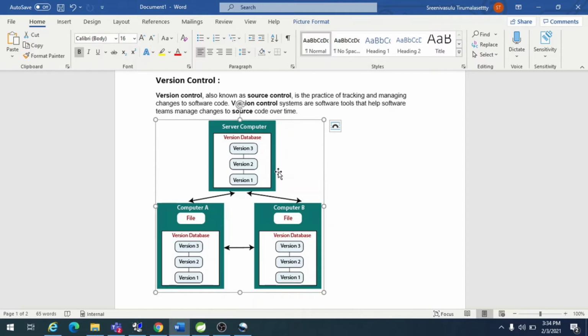Otherwise you would have to take a backup of every version of the code with a timestamp, which is a headache. By using a version control tool, you can track the earlier versions: what the last change was, what the file looked like on a particular date. It's very easy. These are some of the advantages.